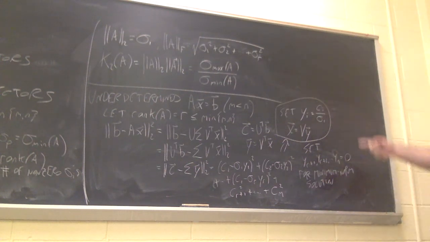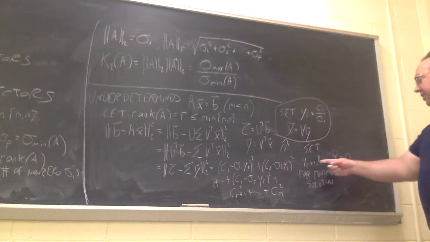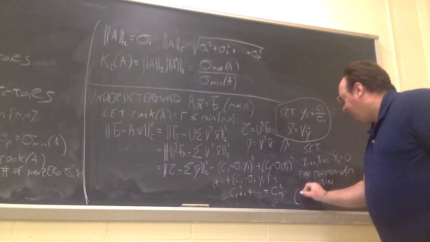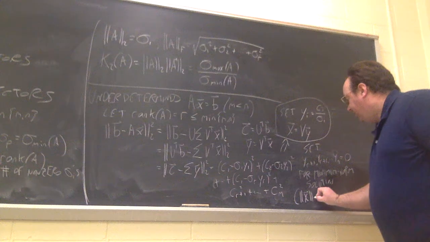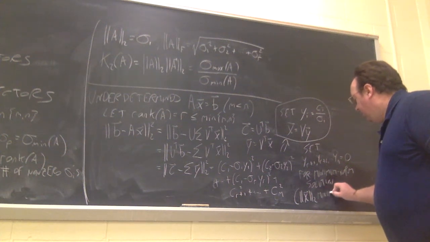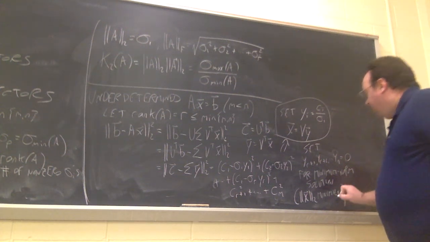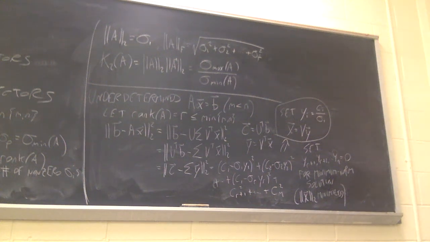Because those components of y are uniquely determined. If I set all the rest equal to 0, then that means that the 2 norm of x is made as small as possible. Now, why does that matter? So this is a very crude example of what is called regularization. If you're trying to solve a certain equation where there are infinitely many solutions possible, you might want